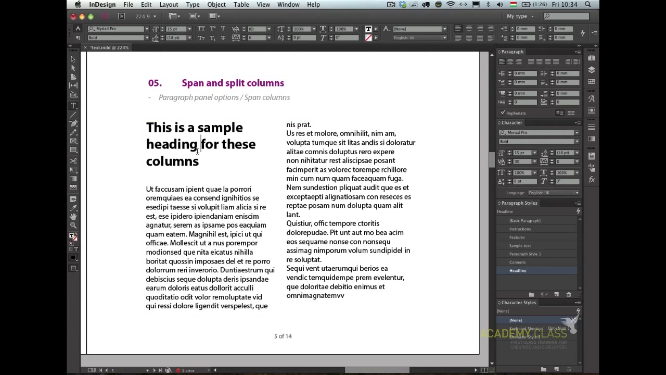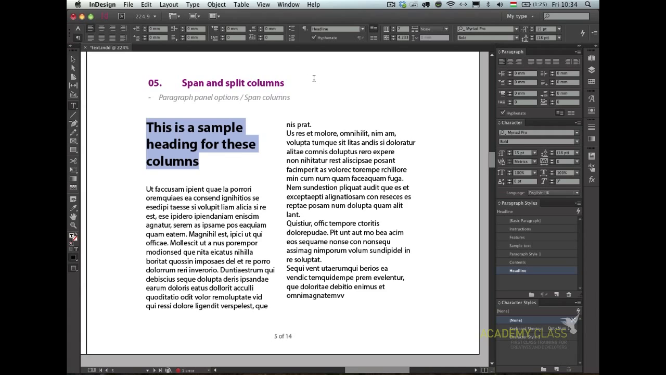So I can select that one here, the headline. Again, this is something you can set up in a style. If the heading style is defined as a paragraph style and it uses the span columns option, then it will automatically always span into the columns of your frames. So what you need to do here is go to the paragraph options, and there, span columns,